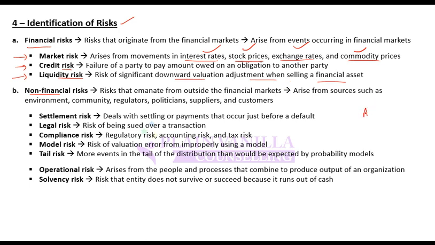So let's say that you have an asset, it has a value of $100. You go to market to sell it, but when you go to market to sell it, you do not find a buyer. So it is difficult to find a buyer. Why? Because there are fewer buyers and more sellers. So maybe instead of $100, you end up selling it at 98 or 95, whatever. So you will be making some loss, or you will be selling it at a lower price, due to lack of liquidity. That is known as liquidity risk. So these three are financial risk.